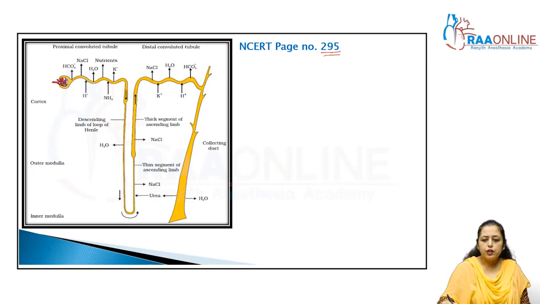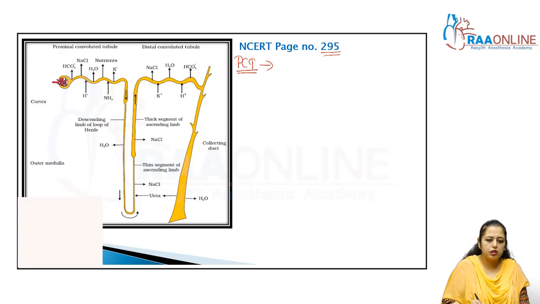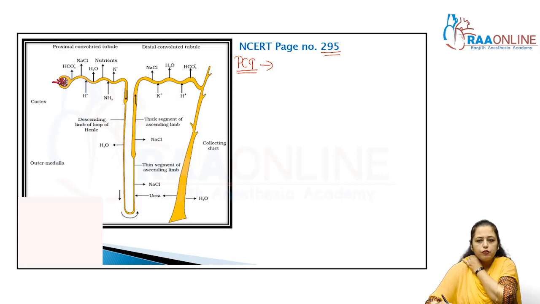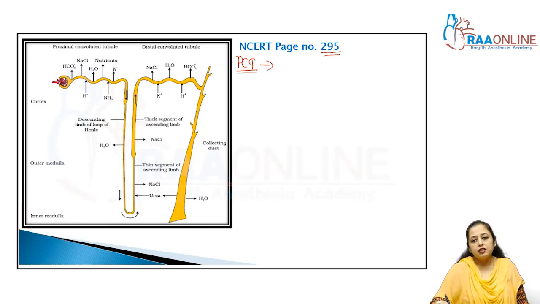The first one is the PCT, the proximal convoluted tubule. We know that the PCT is lined with the simple cuboidal epithelium but with brush border. So we can write it as it is lined with the brush border